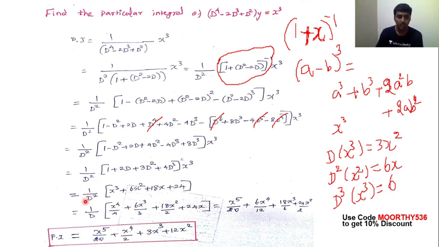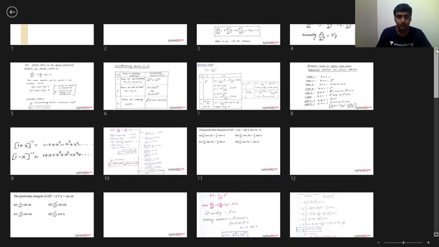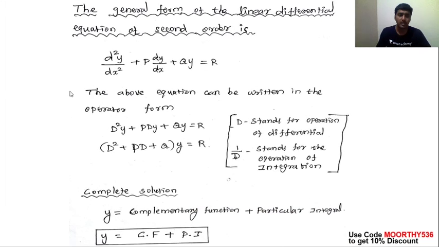Now, D stands for differentiation. Here 1 divided by D stands for integration. Here 1 divided by D square stands for 2 times integration of the function, and D square stands for 2 times differentiation of the given function. The 1 divided by D square stands for 2 times integration of the given function, because 1 divided by D stands for the operation of integration. So as per this concept,